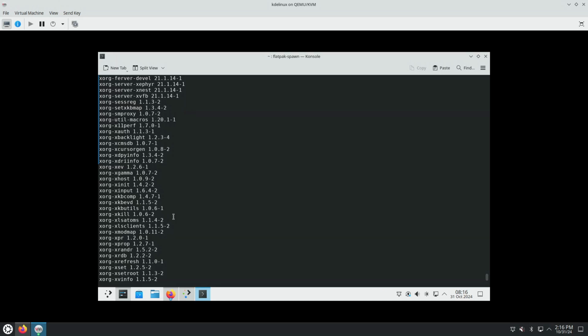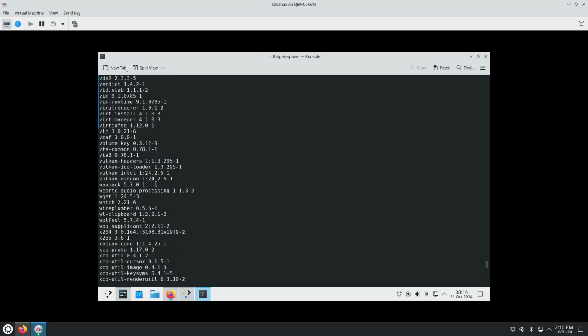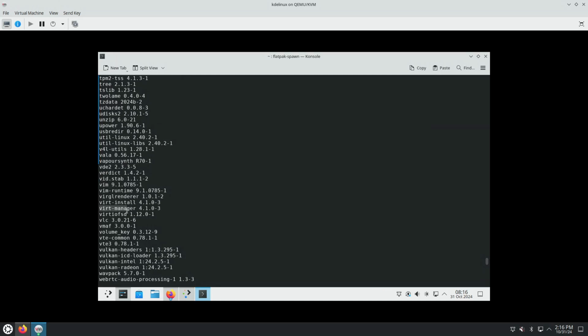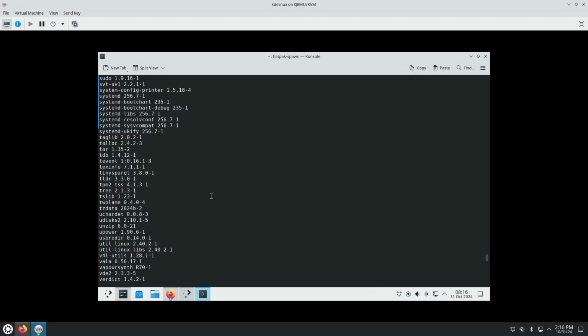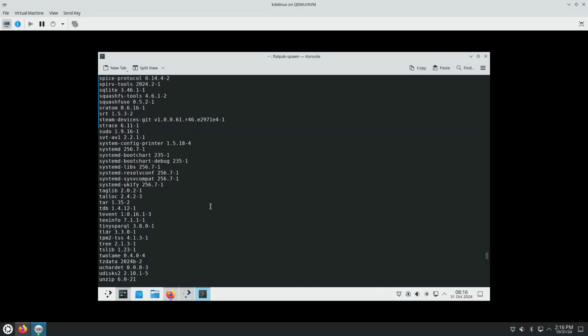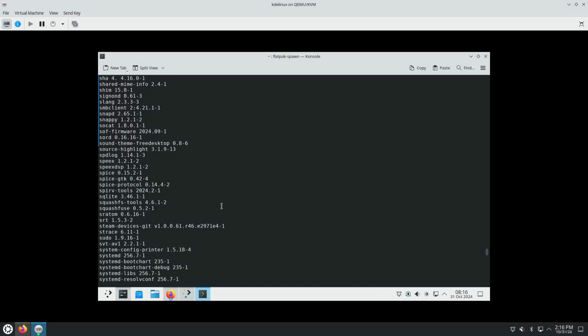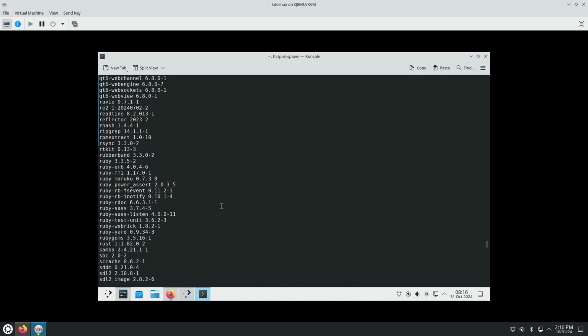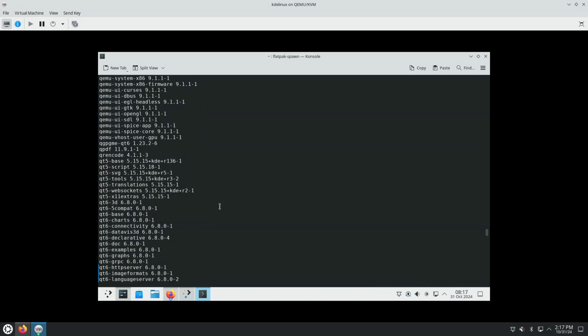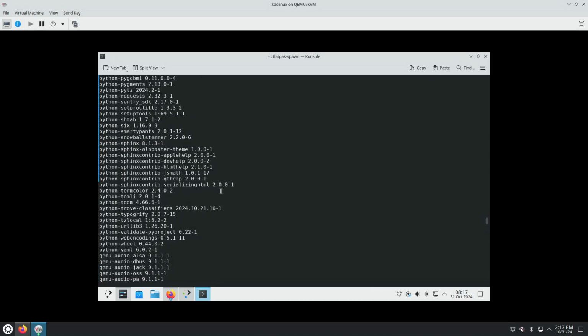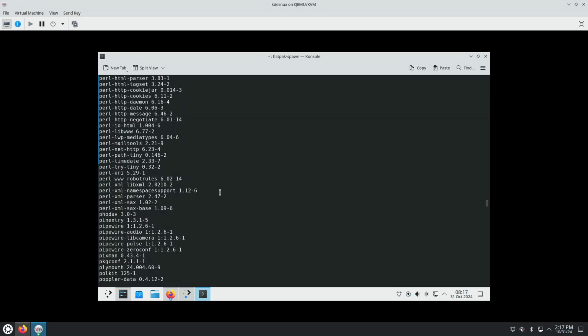There's Xorg, the X libraries, Vulkan, the application Virt Manager for virtualization software, Vim for the command line text editor, sudo, many libraries needed by Qt 6 and by KDE Frameworks, some Qt 5 libraries, different programming languages, Python modules, Perl modules,